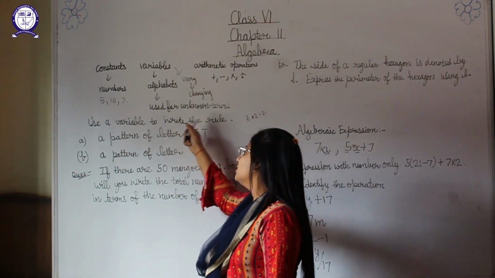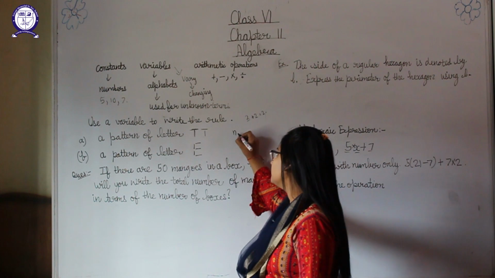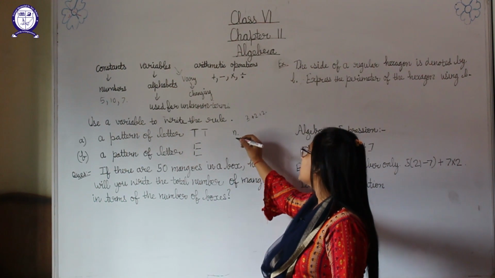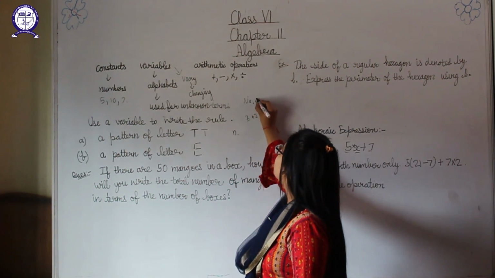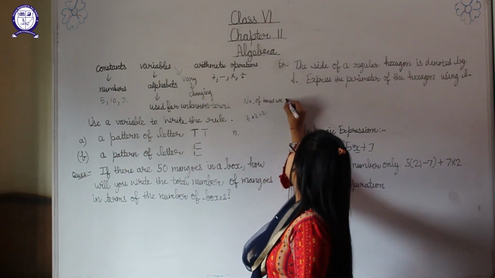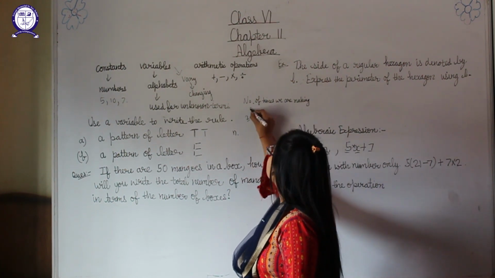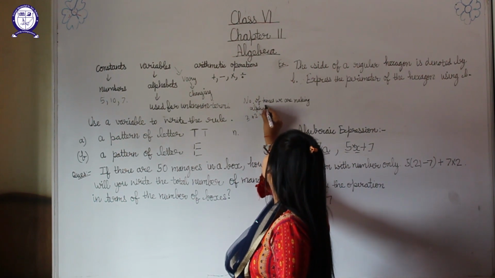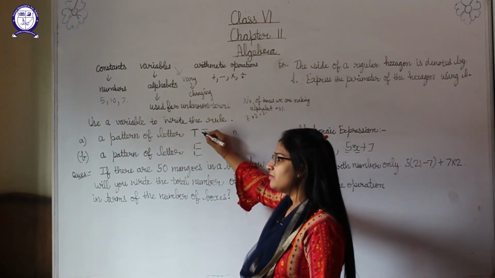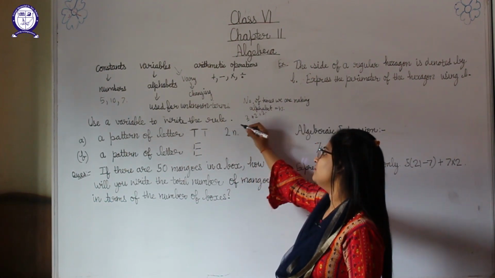So to write the pattern, it is given that use a variable. Suppose I am using the variable n. What is n here? n is the number of T's we are making. Okay, what is n? n is the number of times we are forming T. Number of times we are making the alphabet is the n here. Okay, and in forming one time we are using two matchsticks, so we will write here 2. Okay, so 2n will be the pattern.